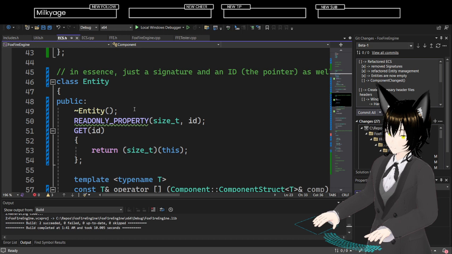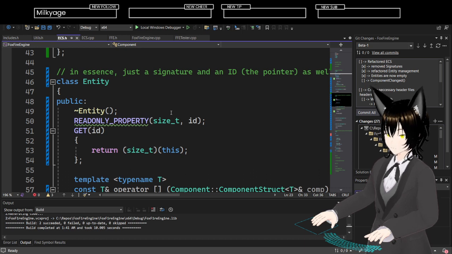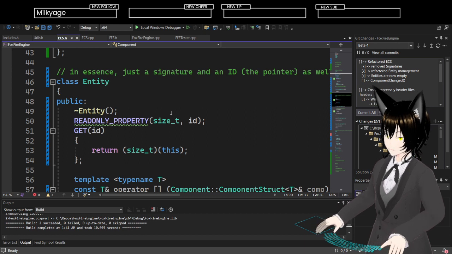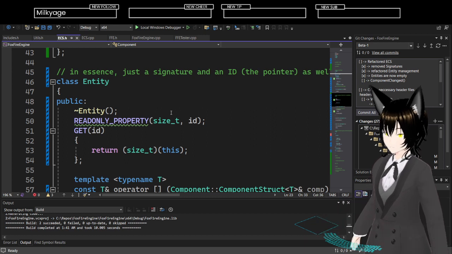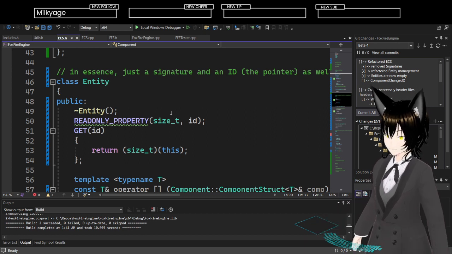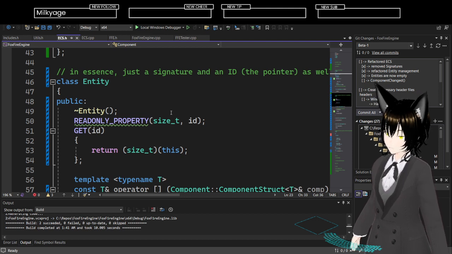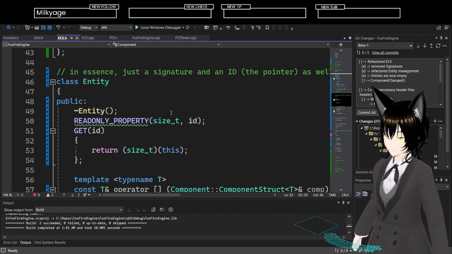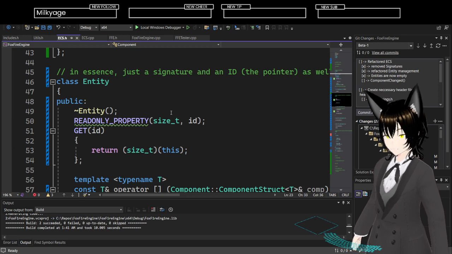Because the raw pointer management would be absurd. You'd have to keep track of how many of what component, and you could technically have an entity be a pointer to a component, or a part of a component or something along those lines.